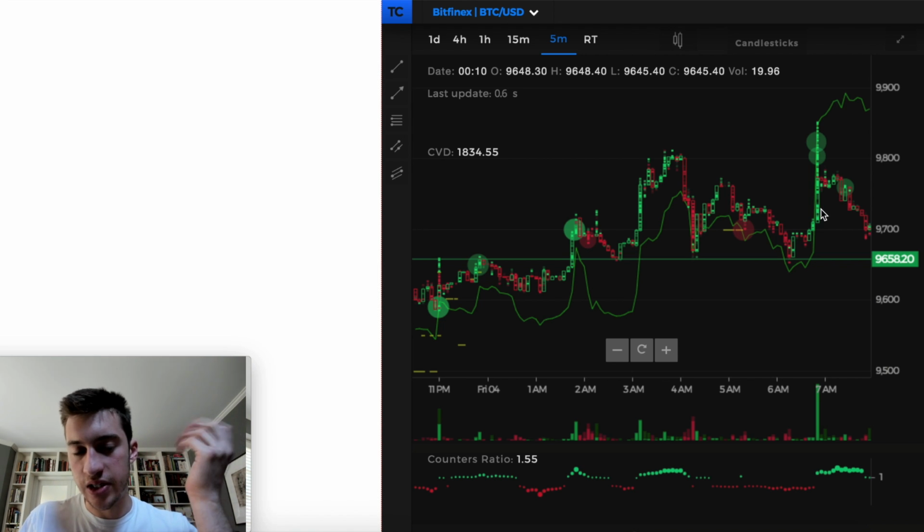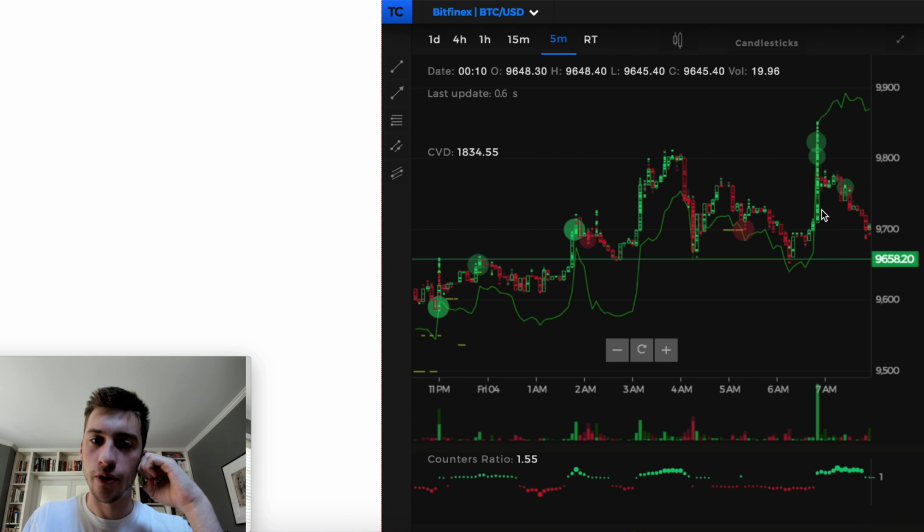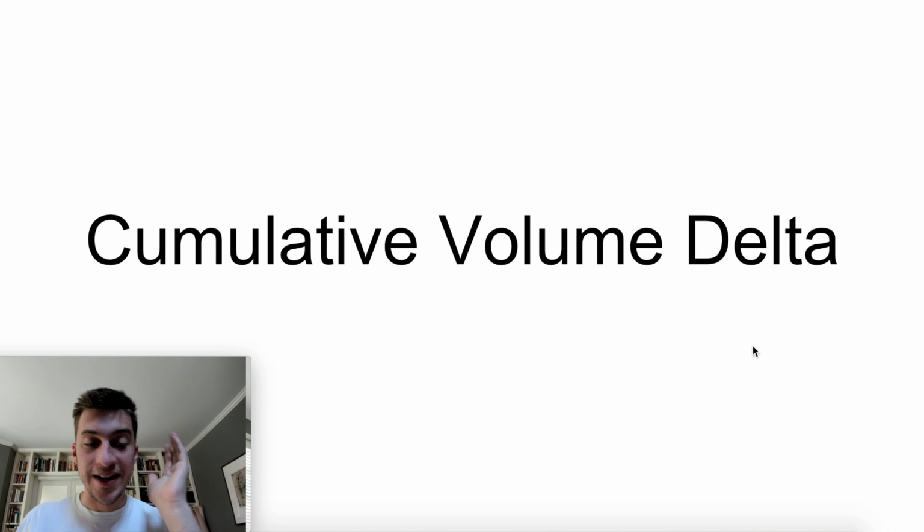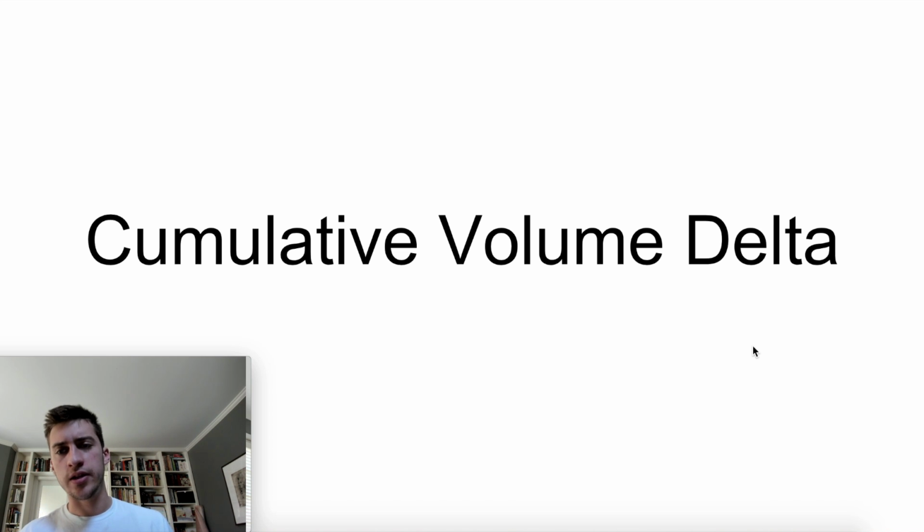So this is just a secondary tool that you can use when looking for stop loss hunting. All right, now to my favorite tool, I think, of all types of looking for stop loss hunting and types of order flow analysis. This is the CVD, the cumulative volume delta, that was added, I think, three days ago. So a super new addition to